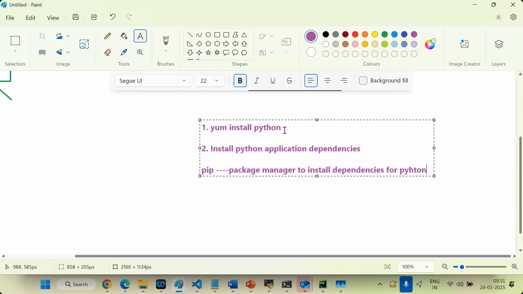In this case, I need to install Python plus pip also. So if you run this command, I mentioned python3 pip, both pip and Python can be installed. And now install dependencies of Python by using the pip command. Clear till here? After installation is done, run the code. Clear now?